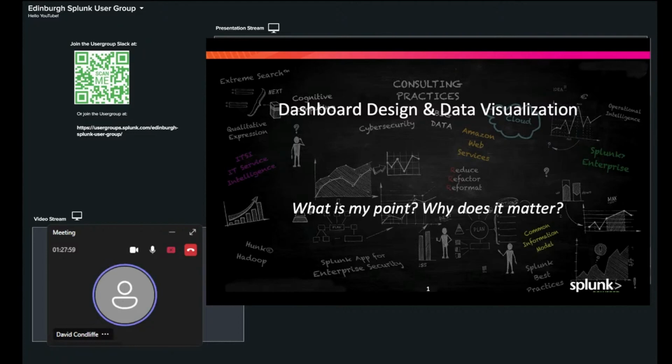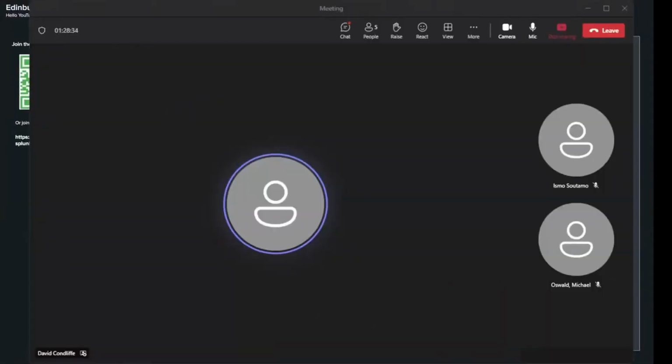All right. So this is going to be more of an interactive discussion. I'm going to work my way through some general guidelines about dashboard design and visualization. And then we're going to switch to some real dashboards, some use cases, some gotchas, some myths that we want to dispel, that kind of thing. So let's talk about some general dashboard design and data visualization thoughts. Okay, so next slide, please, Andrew.